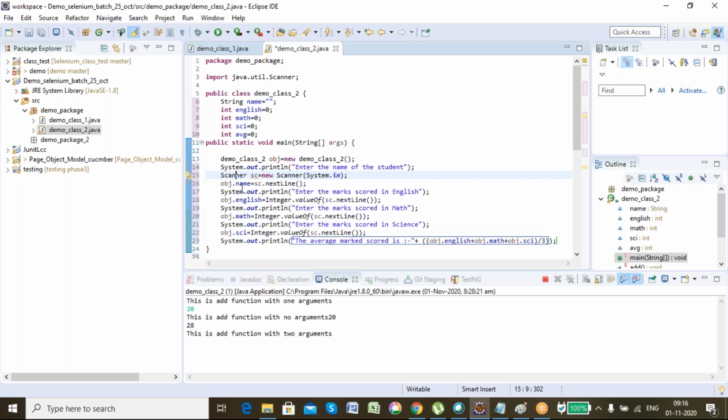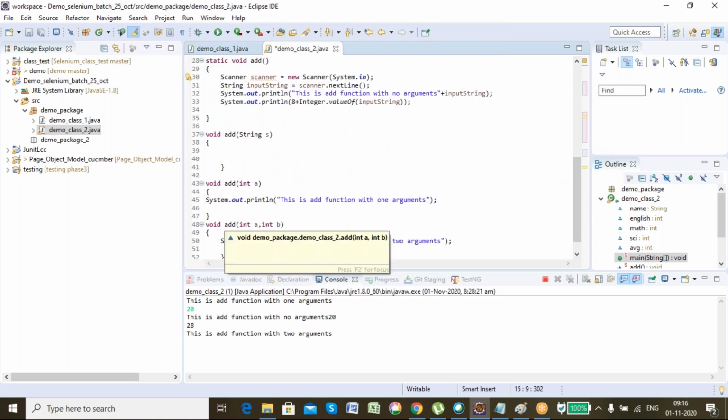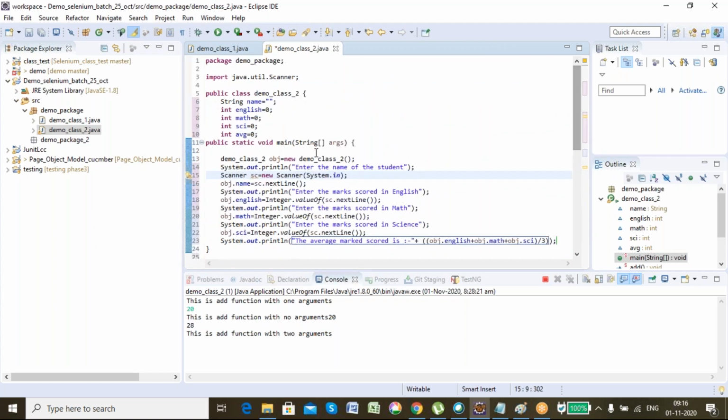See, to take the input from the keyboard, there is a predefined function. In this class, Demo Class 2, the class is defined by me, and the add function is also defined by me. Similar to that, Java has already defined the Scanner class, and it has also defined some functions inside that class, which I can use in my coding.